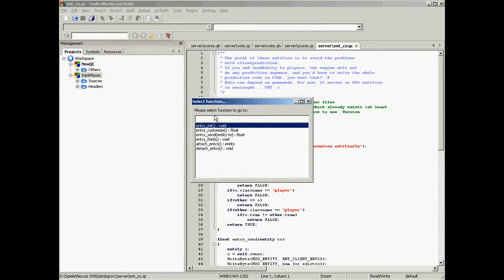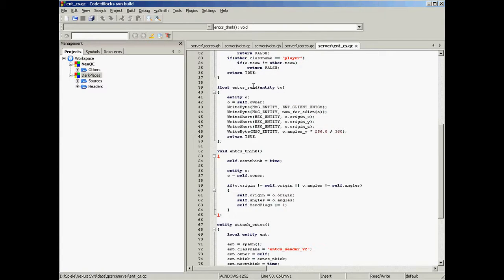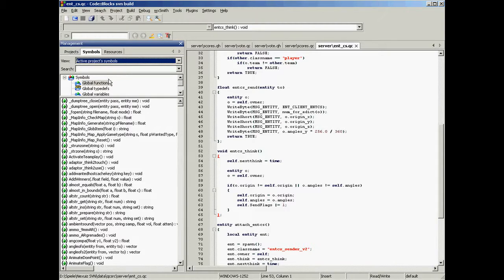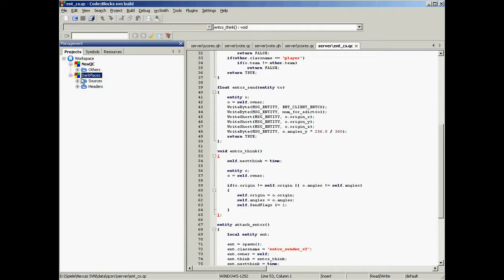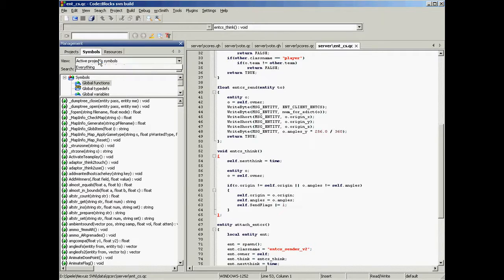For example, I know I need a think function, and there it is, and I can just double click it and go there. Also, of course, in general, note that you can use the symbols browser. The symbols browser shows whatever you like. In my place, I have the projects Nexus, QuakeZ, and Dark Places, and that's why I also decide to only show the